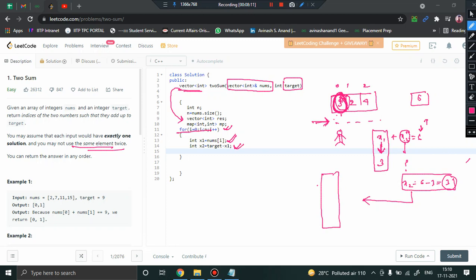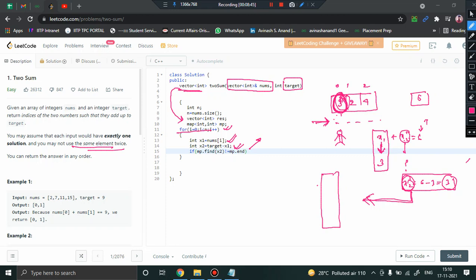I did so. Now what I was doing, I was checking if x2 is present in the map or not, right? So I will be having an if block here, if mp dot find x2 not equal to mp dot end. What is mp? Mp is my alias for my map, the name of my map. So what does it mean? If you just refer to the STL libraries, you will understand what find does.